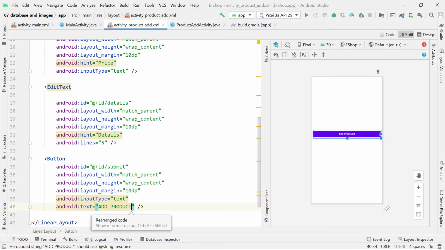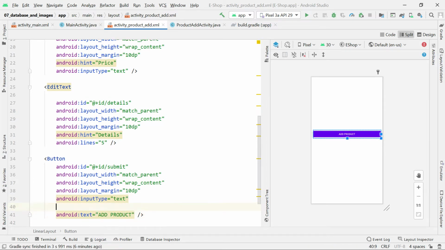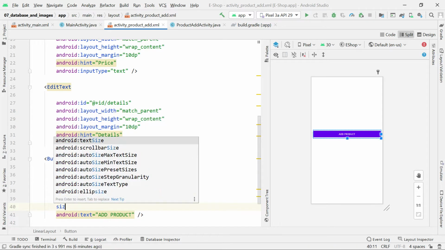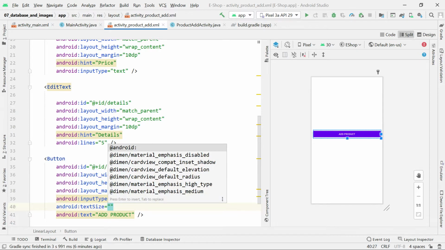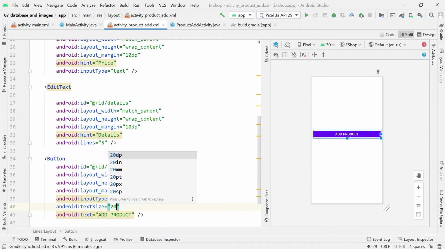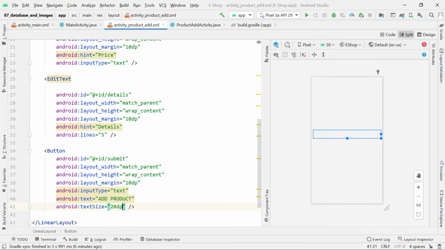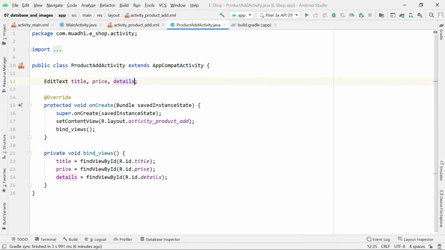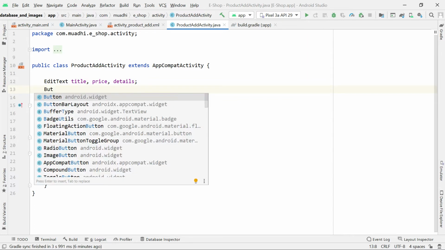Okay, so I can maybe increase the text size and make it a little bit bigger, maybe 20 dp. Okay, so I'll copy this submit ID and create another object of button, and then